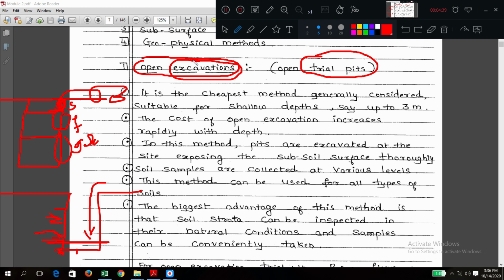But it is a costly method because you cannot excavate a larger quantity as a part of exploration work. Exploration means you are exploring or getting the data for further design. This is not the final. It is only for the preliminary stage, to check the conditions, just checking some sample. Like checking whether all the students are attending the class or not, you check one or two students. That type of testing is this one.